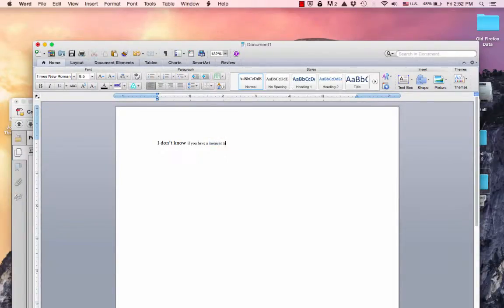Moment to work with me on this. So I can create a cloze activity. Imagine an entire paragraph. And if this is the lexical bundle I'm interested in,